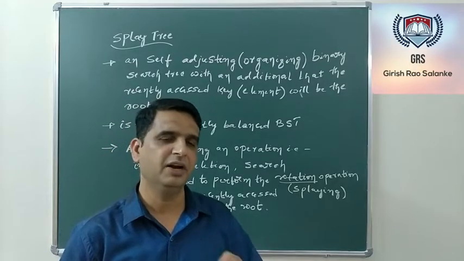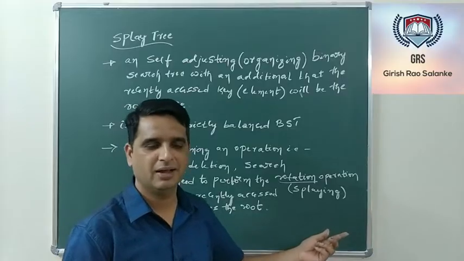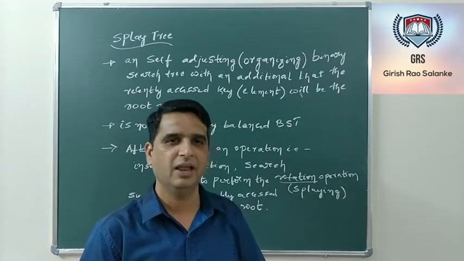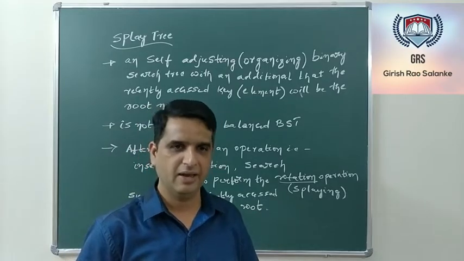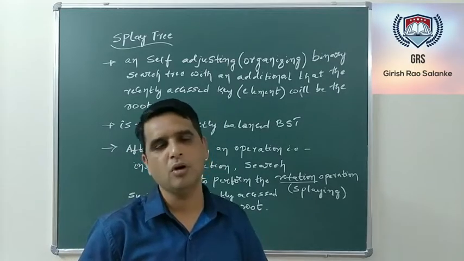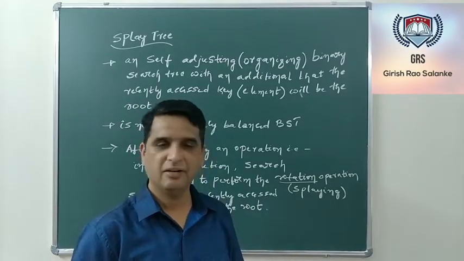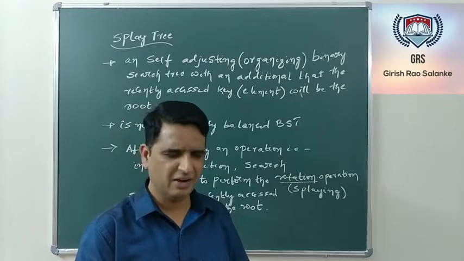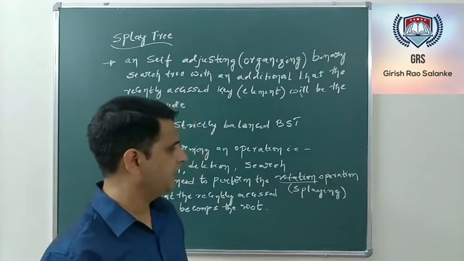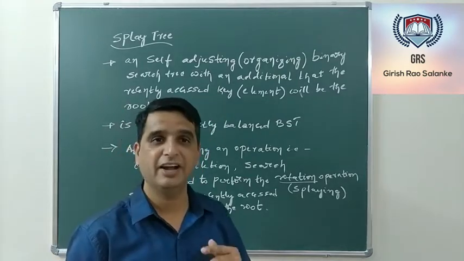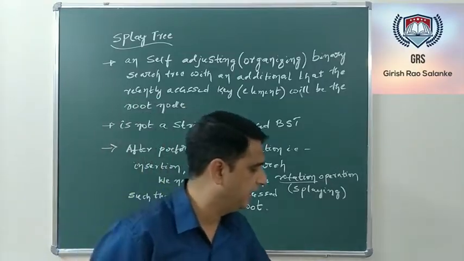What we have done is introduce a word called splaying. What is this splaying? It is nothing but the rotation operation that we have done in the case of an AVL tree. But as compared to an AVL tree, we have two more rotation operations associated with a splay tree. There we saw single and double rotation. Here we have an additional rotation operation. First we will see the different types of splaying operations, or the different types of rotation operations, that we can perform in the case of a splay tree.